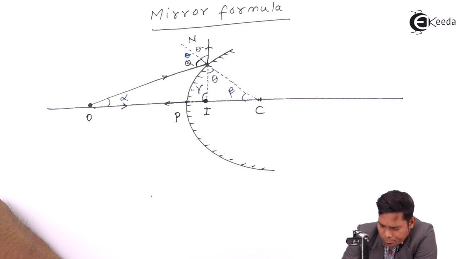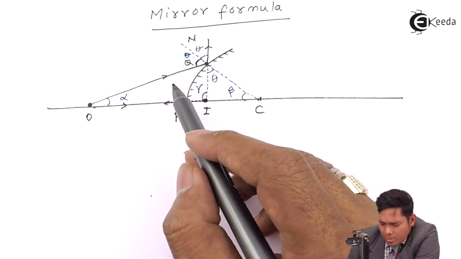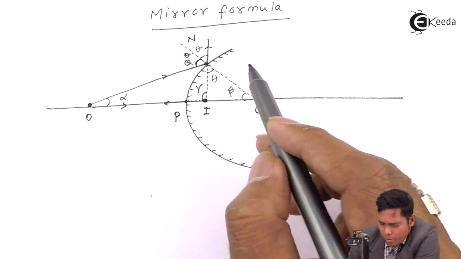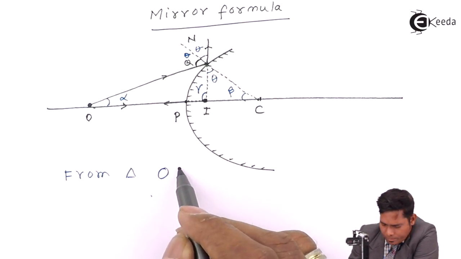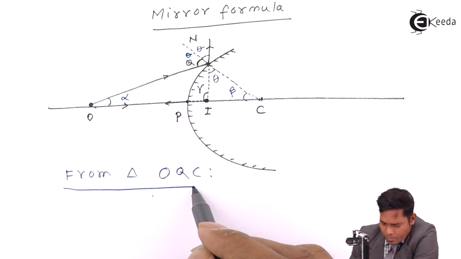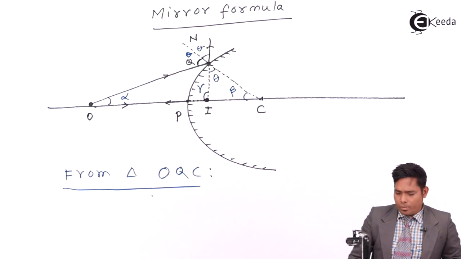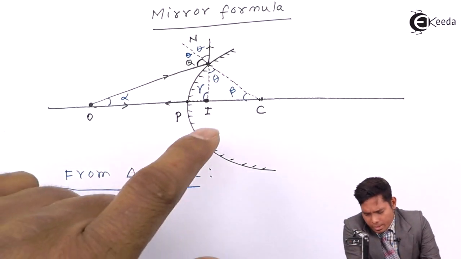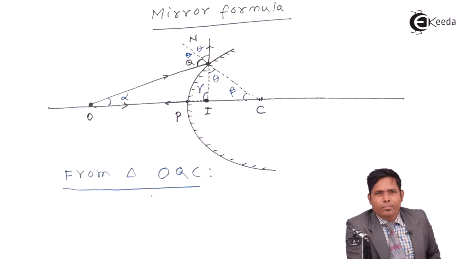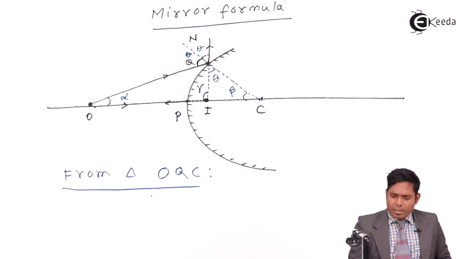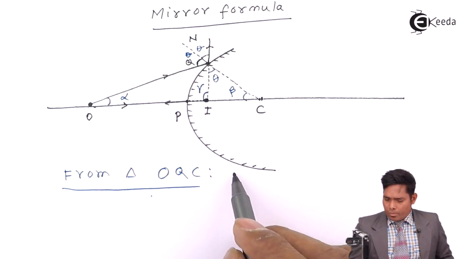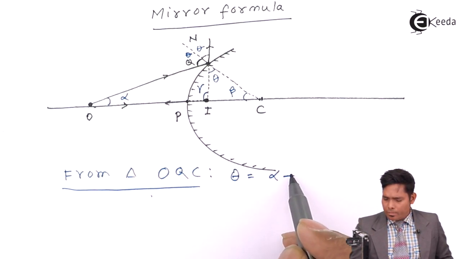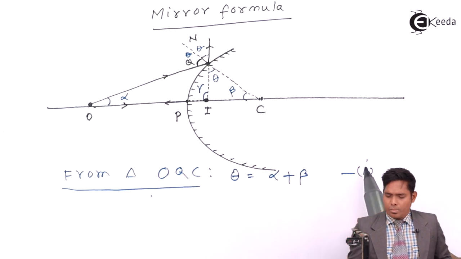Now we will consider this triangle. First of all, I will consider triangle OQC. What we are getting here is that in OQC, the exterior angle is theta, and the remote interior angles are alpha plus beta. So from here I write theta is alpha plus beta, equation number